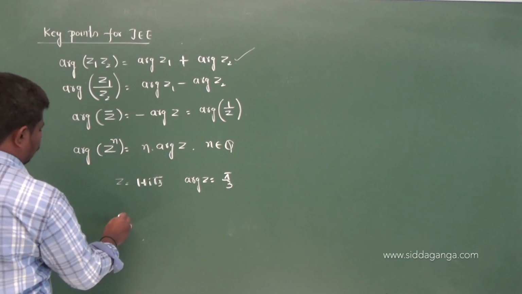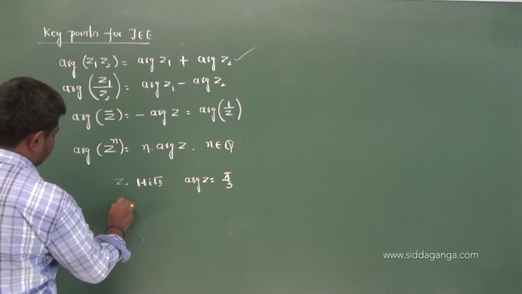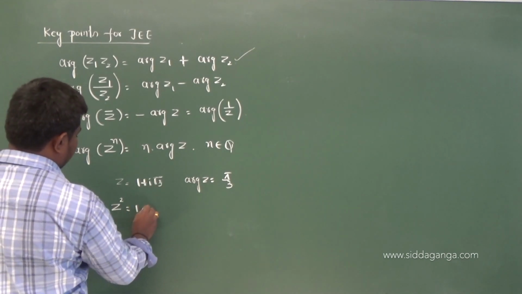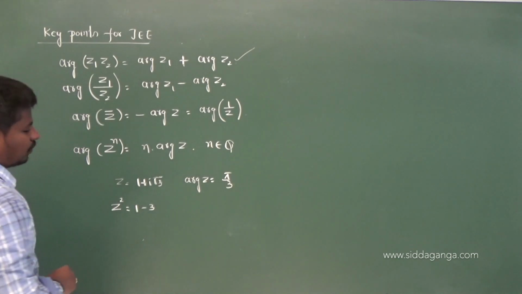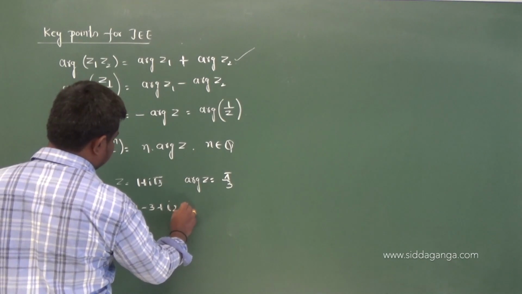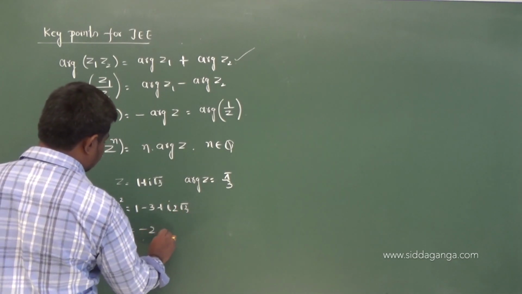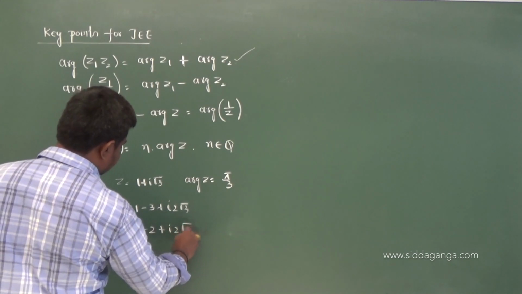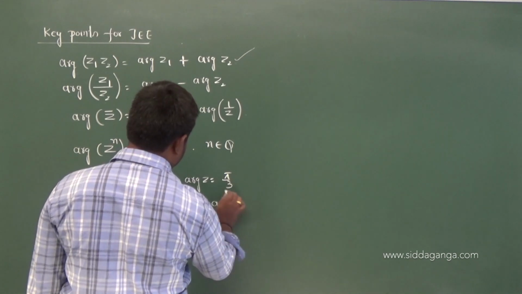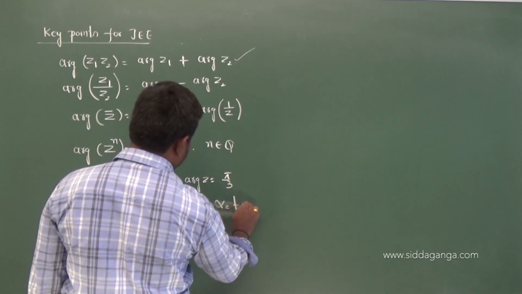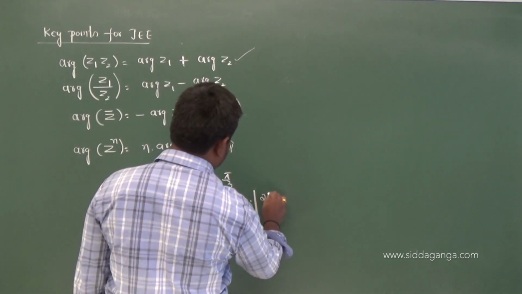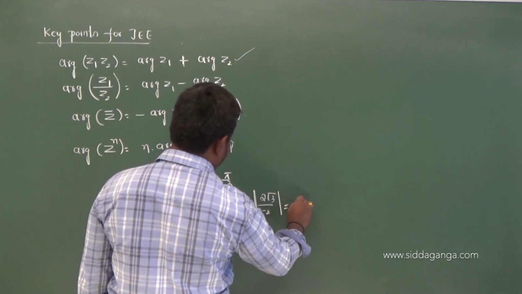Now, I am going to find z square. This n is 2 here. z square becomes what? (a plus b) whole square, a square plus b square, I mean (i√3) whole square, that is -3 plus i into 2√3. So you get -2 plus i into 2√3. So, argument of z square: before that, alpha is equal to tan inverse of 2√3 by -2, again you get π/3.